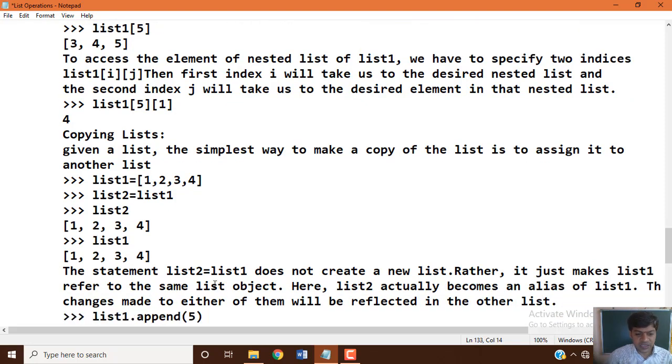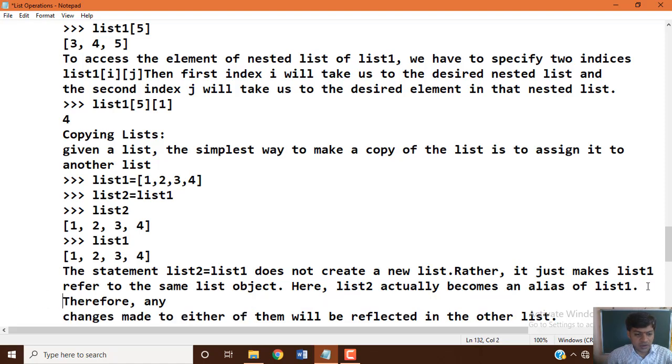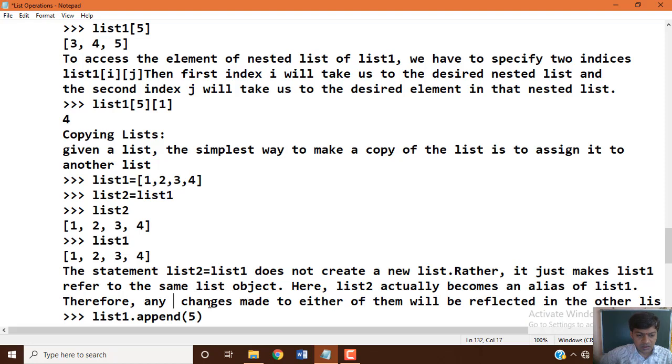Now the statement list 2 equal to list 1 does not create a new list, rather it just makes list 2 refer to the same list object. Here list 2 actually becomes an alias of list 1. Therefore any changes made to either of them will be reflected in the other list.